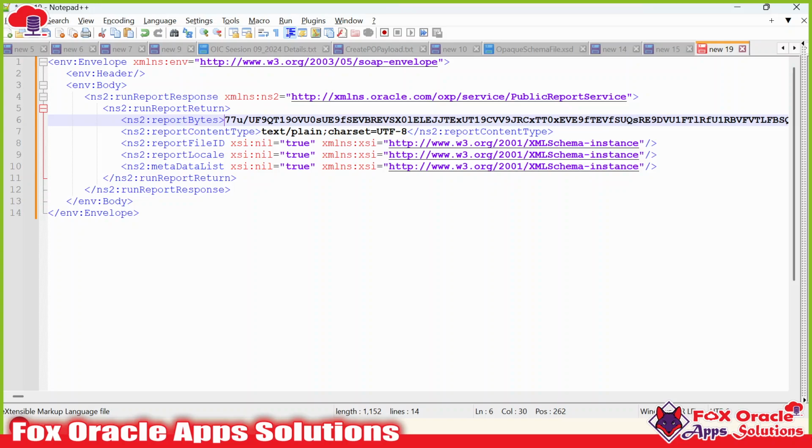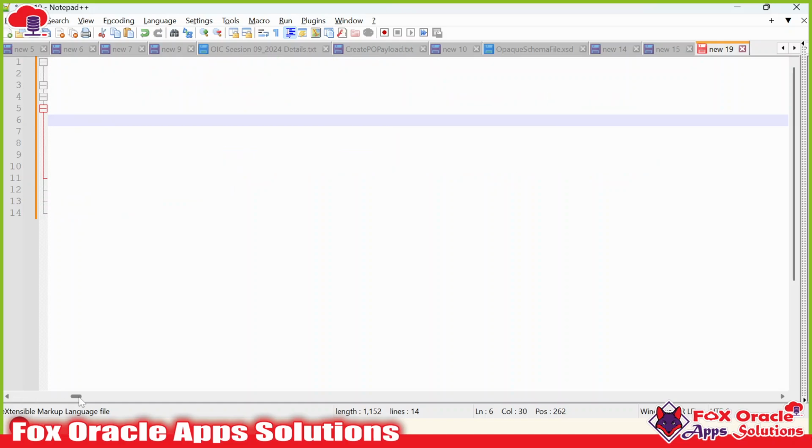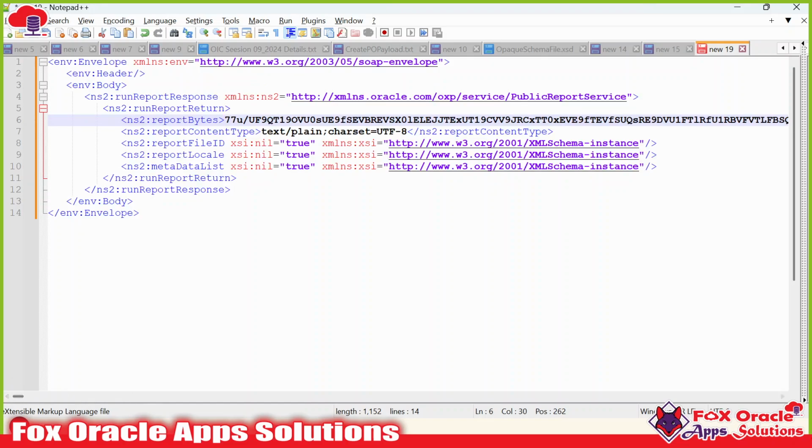Here you can see the report content type is text plain, right? It is here because it's given data in CSV format. Last time it was in PDF format. Well, if I can show you,